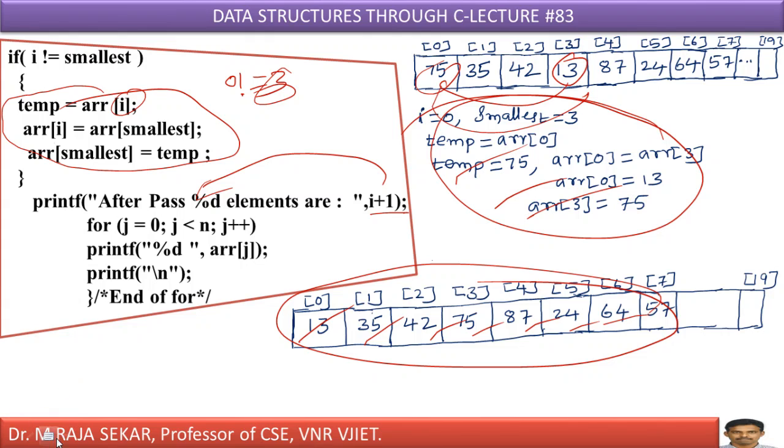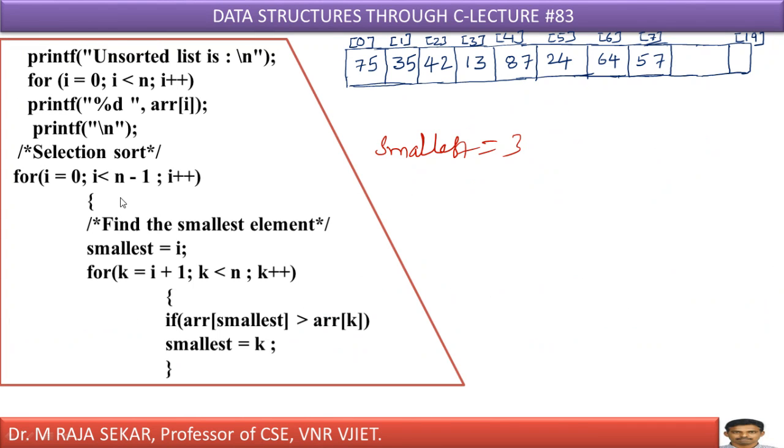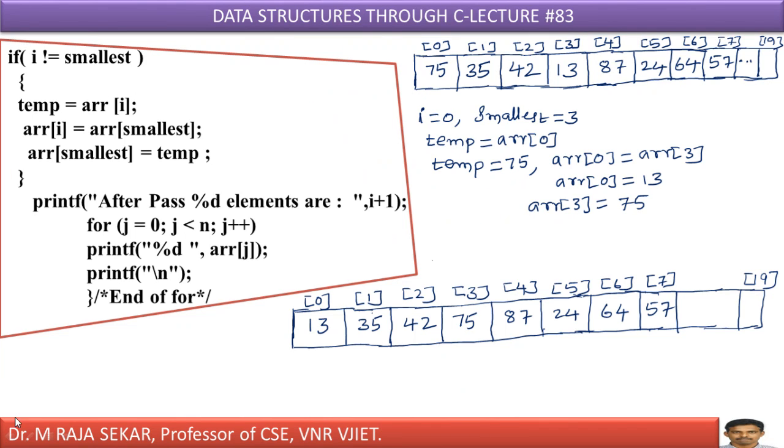I must go back. Where can I go back? I must go back to the beginning of the for loop. This is the beginning of the for loop. Previous value of I is 0. Now I becomes 1. Therefore I equal to 1 means we entered pass 2. Again, this 13 is fixed now. What's happening in the next pass? This is fixed. In all these elements we will find the smallest element. I discussed in my previous lecture which one is the smallest element. Maybe I think 24 is the smallest, and I will swap.